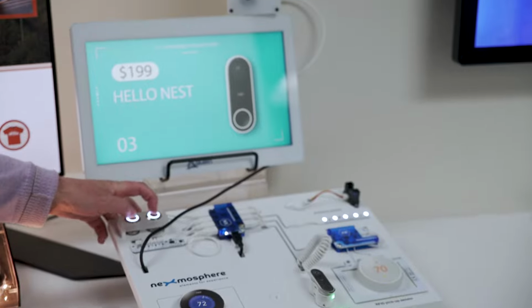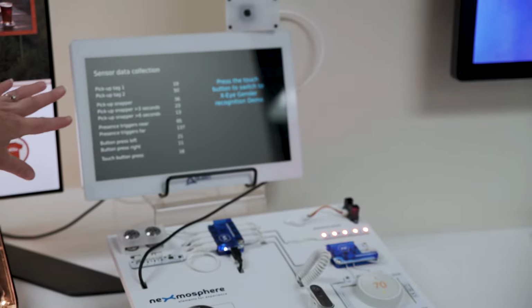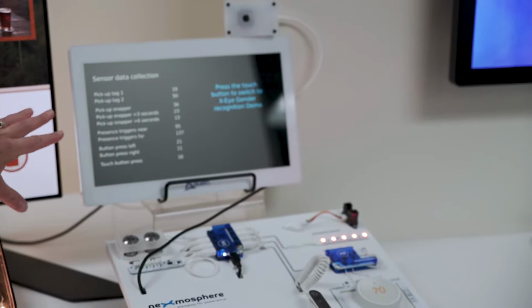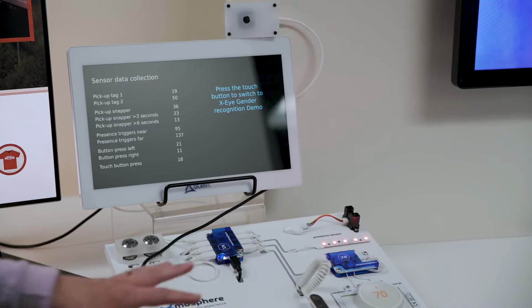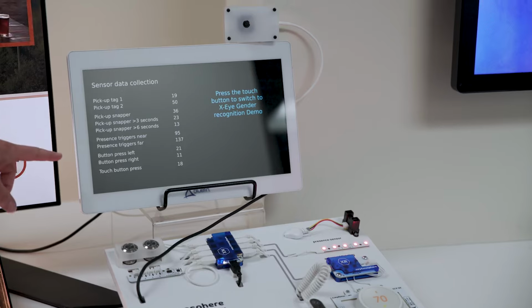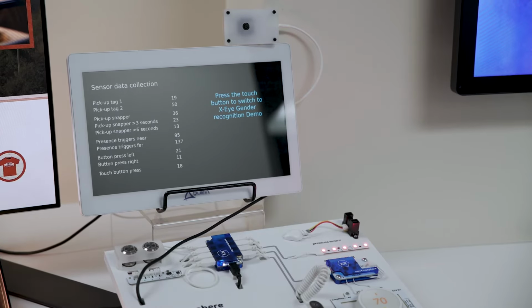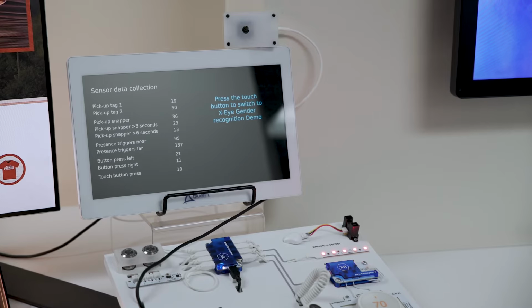And if we go into a hidden display, you'll see that BrightSign is actually logging all the various interactions that have taken place with these various sensors. And we're creating this log file so that you can use it to fine-tune your display or just learn how your display is being used.